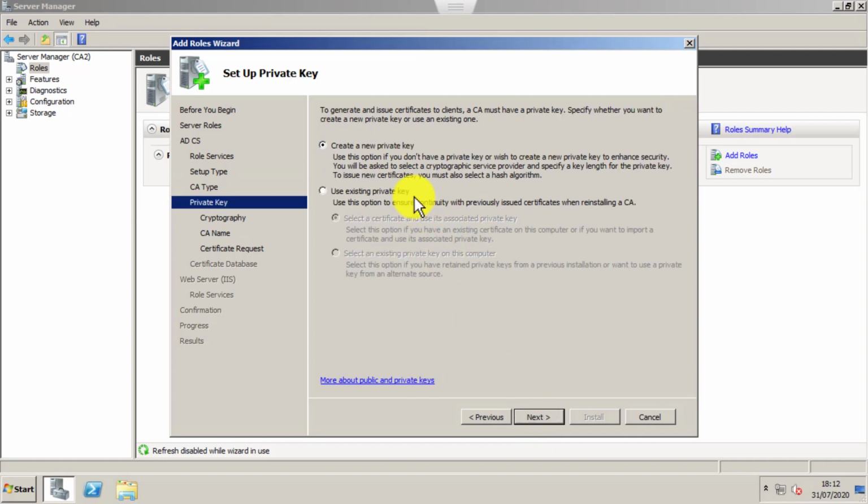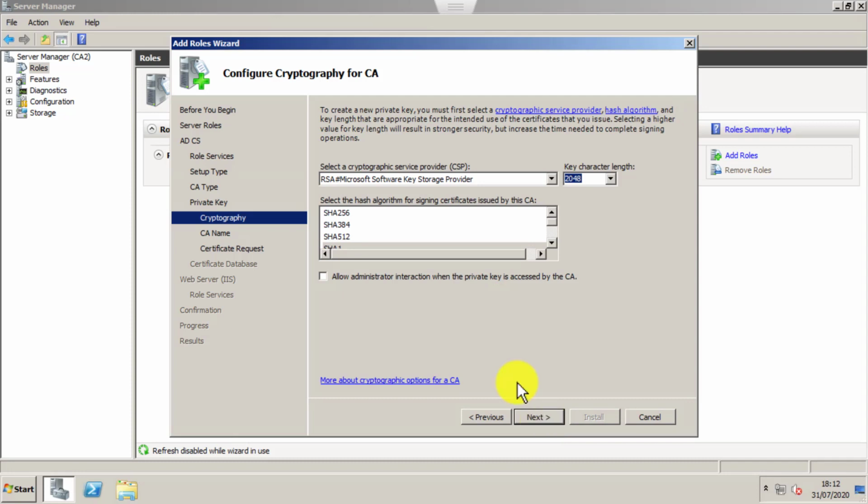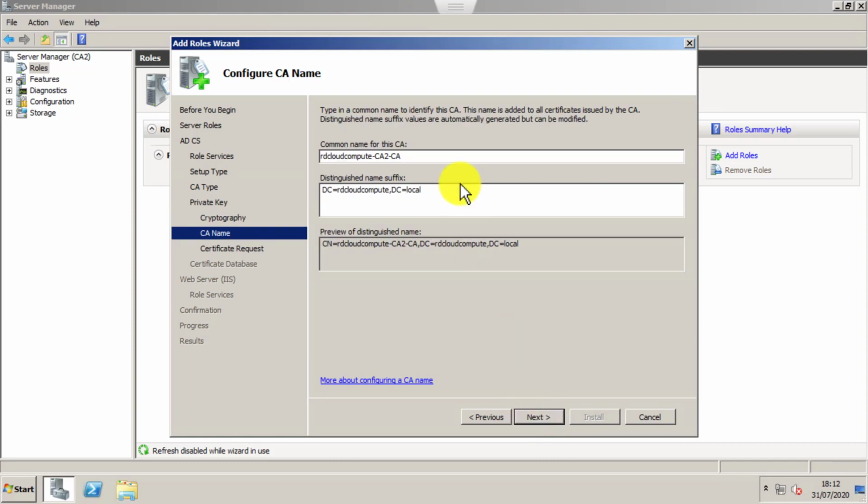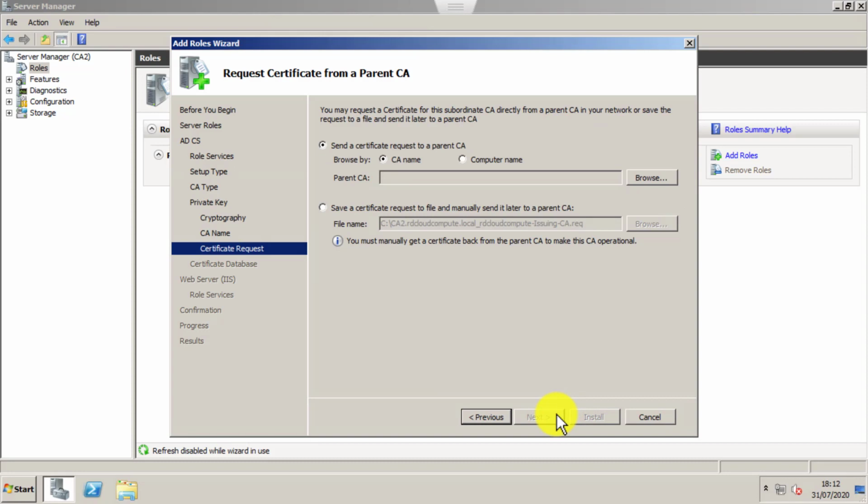I don't have an existing private key, so I'm going to use the new private key option. So it will create a new private key for me. Click next. Select the algorithm and the key strength you want to use. Click next. The common name, the CN, you can change to your preferred name. I'm going to change it to Issuing CA,